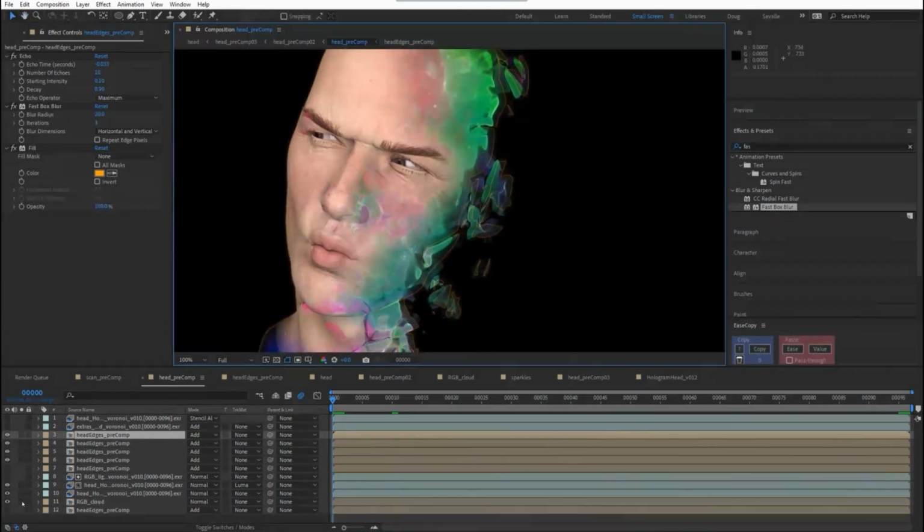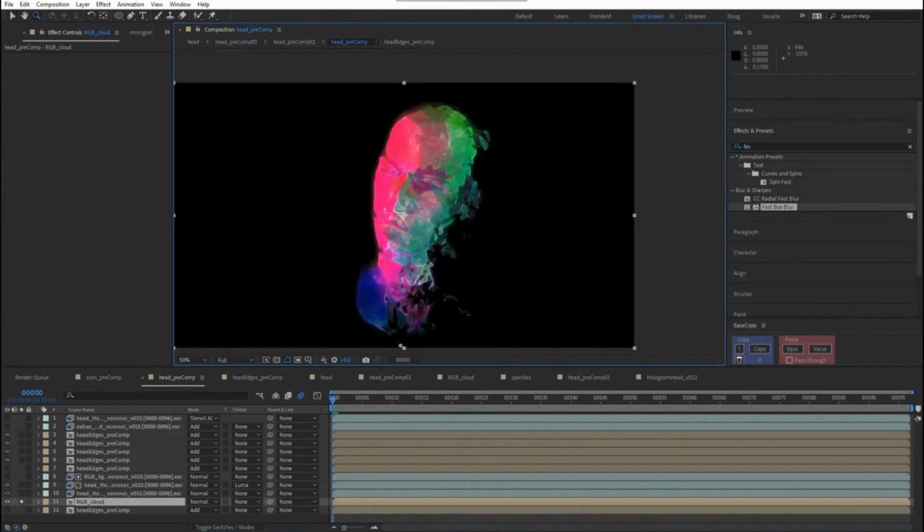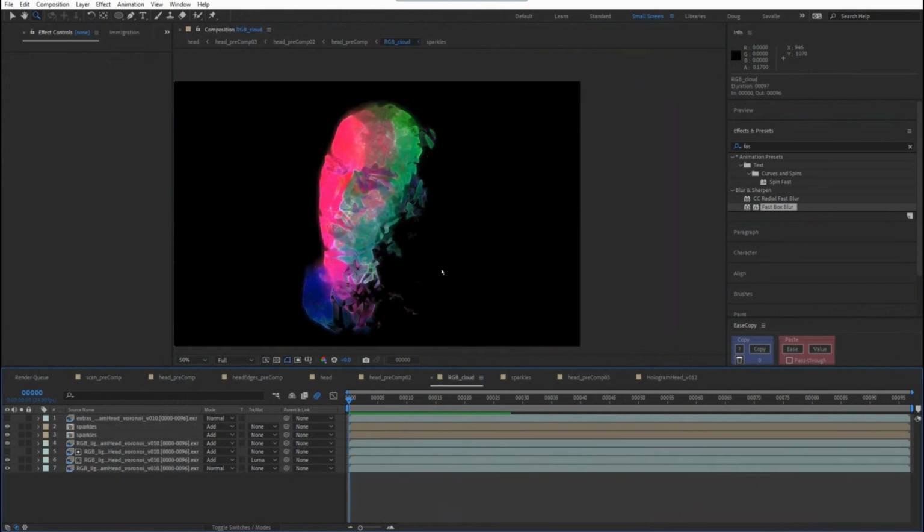Something that's the most fun on this is this RGB sparkly cloud. And let's just RAM preview this real quick and we can kind of see what this is doing. So this part's a little heavy, so we'll just call the RAM preview here and play this, but you can see what's happening is we've got this cool rainbowy cloud with some sparkles in it, some highlights in it. Feels like there's a lot of depth in there. And again, this is all just coming from this RGB layer. So let's look how this thing is getting made.